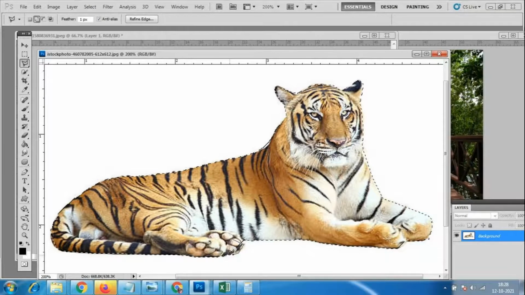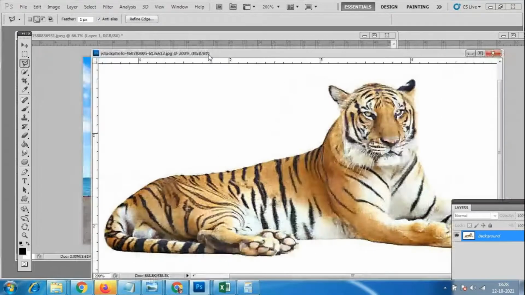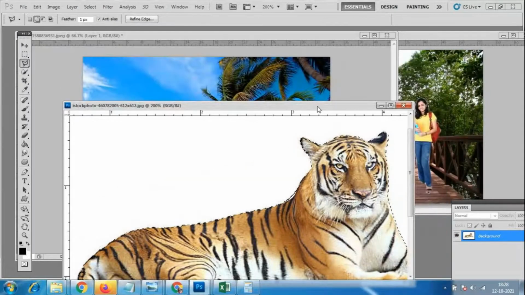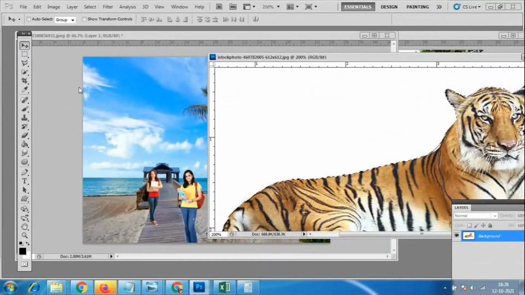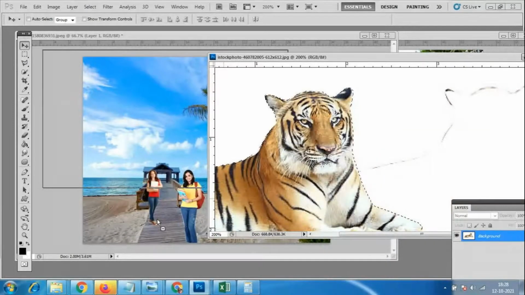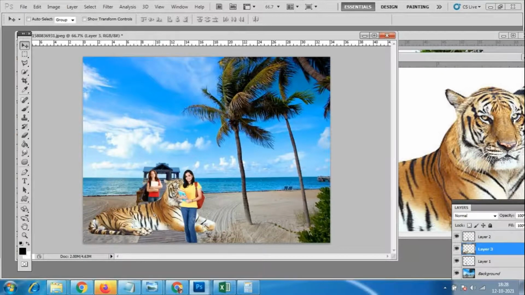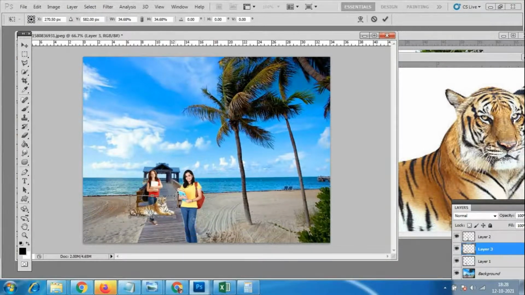So what I will do now, I'll keep this tiger small over here. Now in between here, anywhere you can make it like this. Go to the move tool, always go to the move tool, and you can place this image: Control T, and Shift Alt, and one side you have to place it.